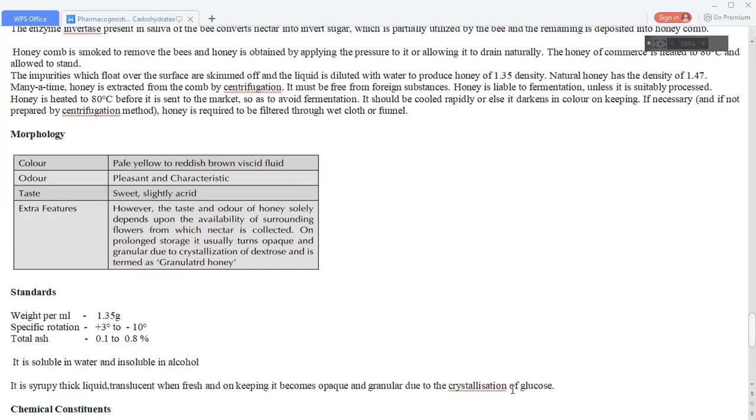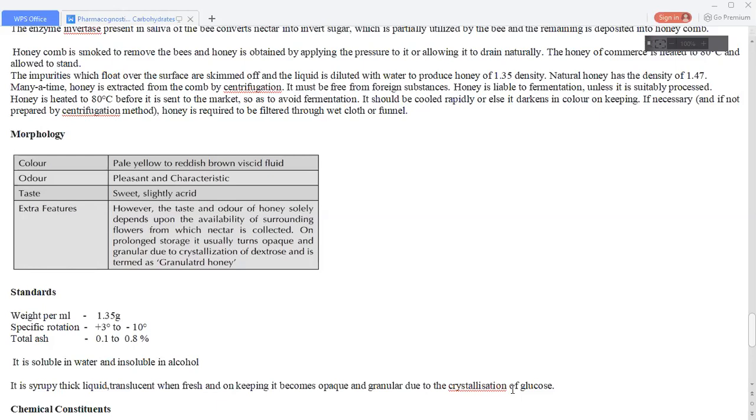Coming to its color, it is a pale yellow to reddish brown viscid fluid. Odor is pleasant and characteristic. The taste is sweet, slightly acrid. Coming to its extra features, the taste and odor of honey solely depend on the availability of surrounding flowers from which nectar is collected. On prolonged storage, it usually turns opaque and granular due to crystallization of dextrose